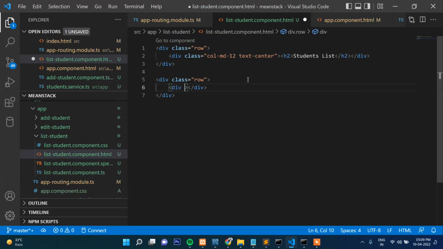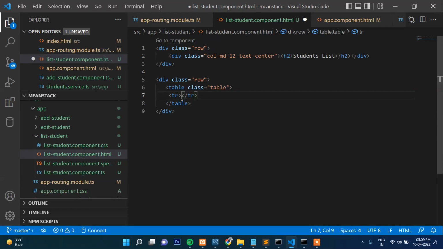So let's do one thing quickly. Let's create here a table. Okay, table and then class table,